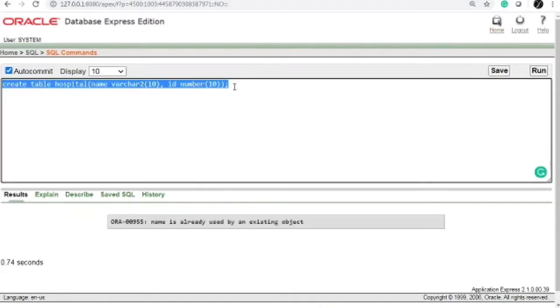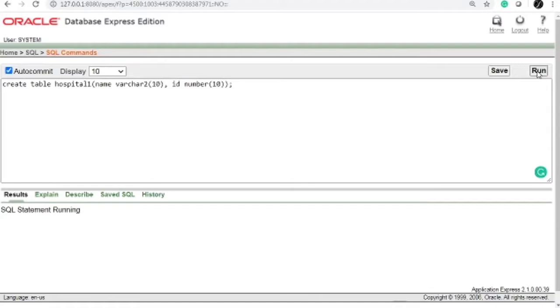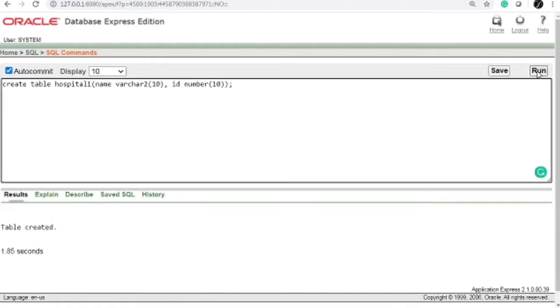I ended with a semicolon. It already exists because I had already created this hospital table initially in order to check it. Okay, the table is created.